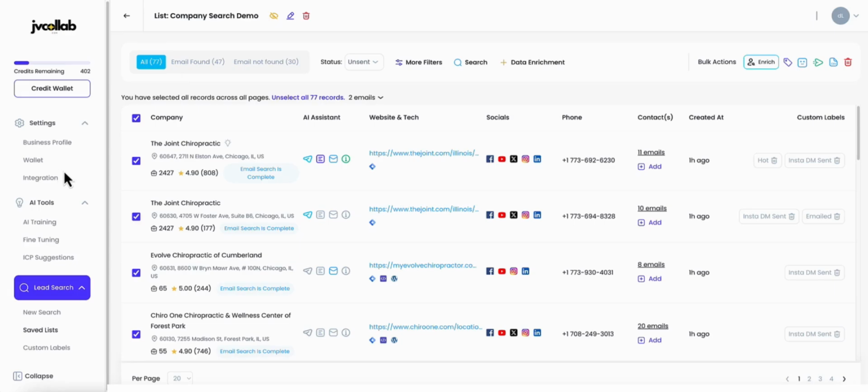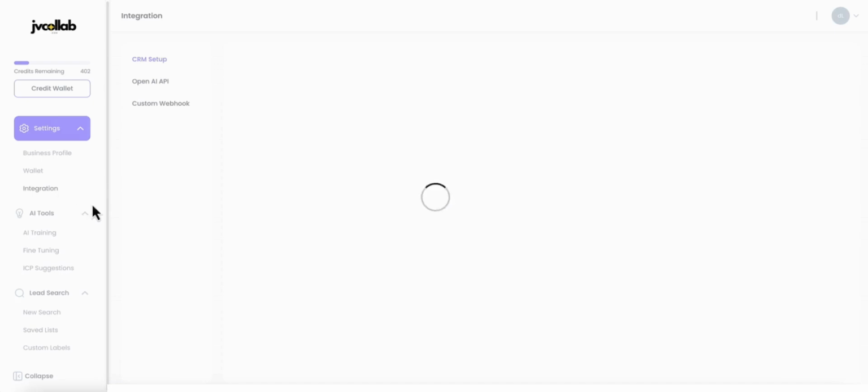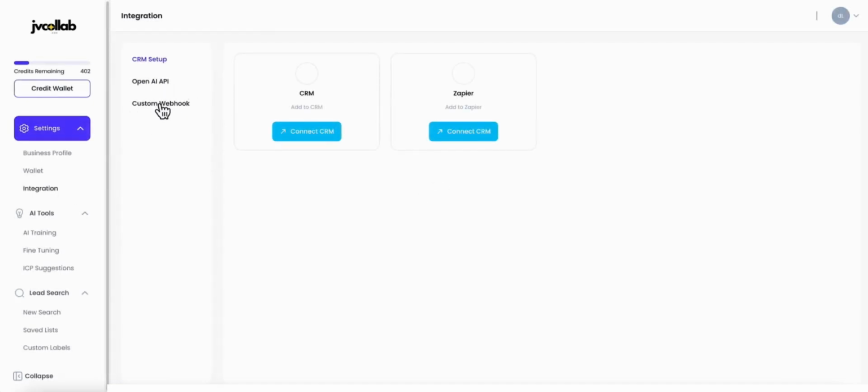So what we need to do here is set up that we're going to have a Zapier connection. And Zapier is a great interconnected platform that allows you to connect to over 7,000 different areas. So for example, you might say, I want to send my leads to a CRM program or to a spreadsheet or to Salesforce or to any number of different places on the planet that you can send via Zapier. So we're going to start by coming up into our settings area and into our integration and creating a custom